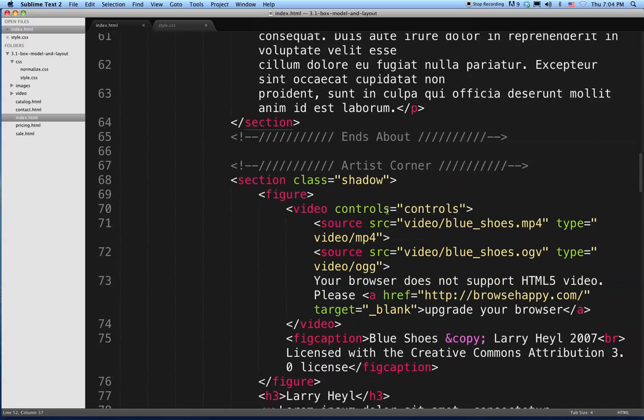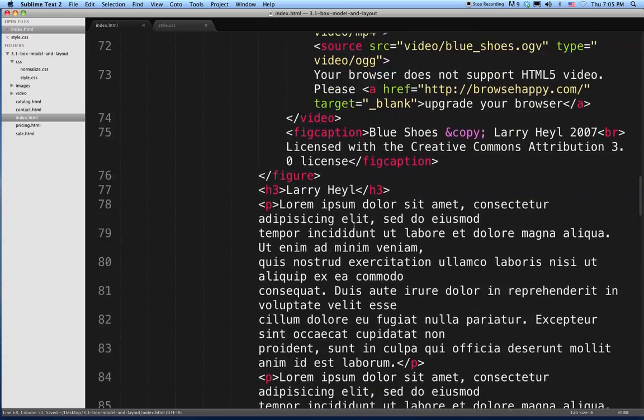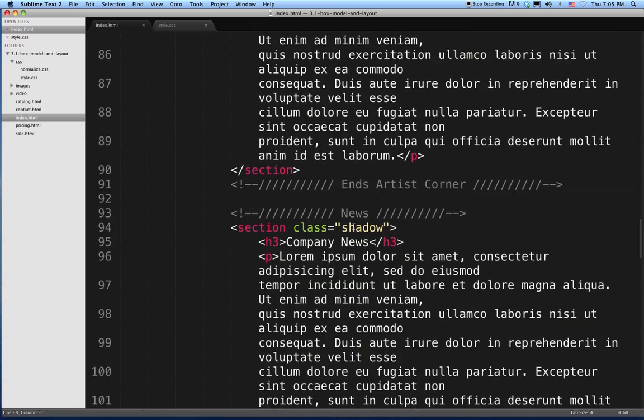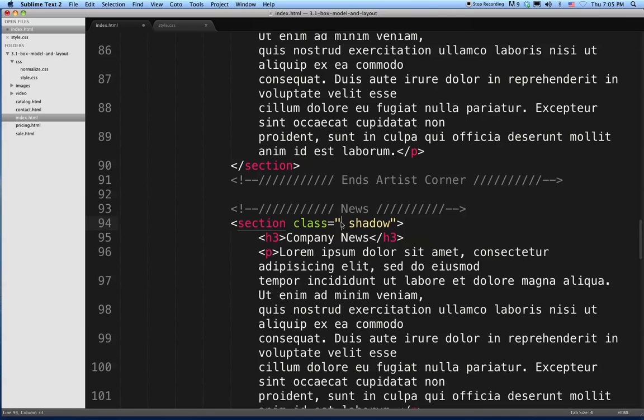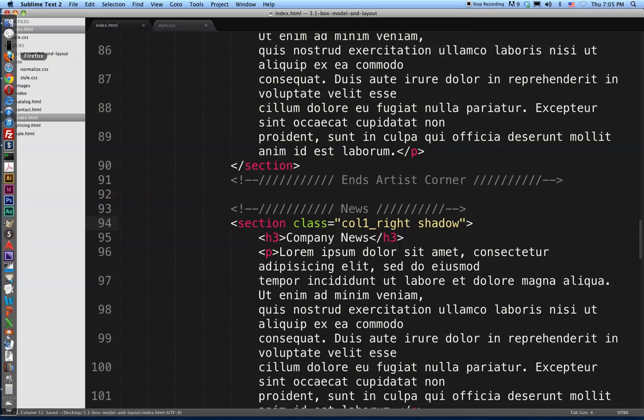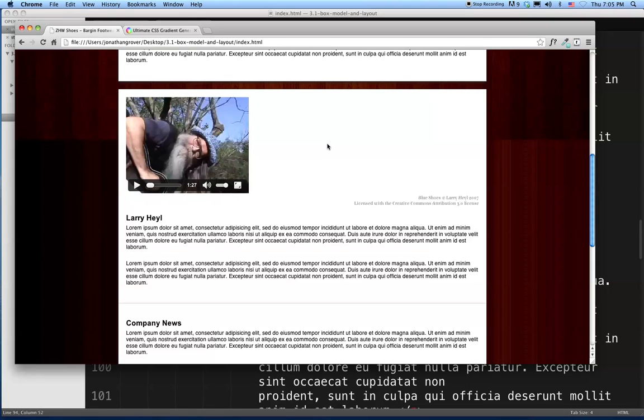So I can scroll down here to the artist corner, and we can go in here and add a class of column 2 underscore left, like that. And we'll come down to the news section, and we'll add a class of column 1 right, meaning it stays to the right, but it only has the width of 1 column. And we'll go ahead and save that, and we'll come back to our browser here, and we'll hit refresh,